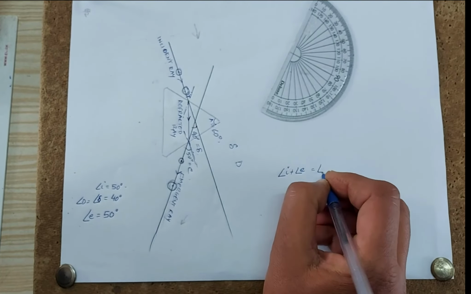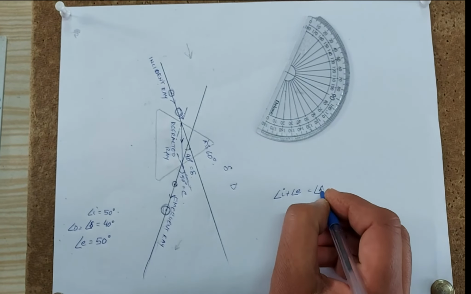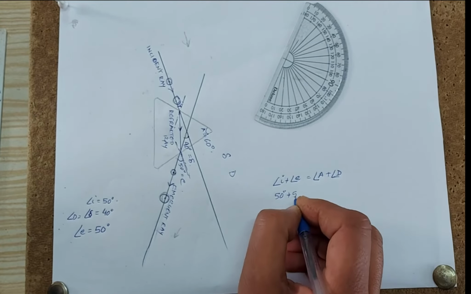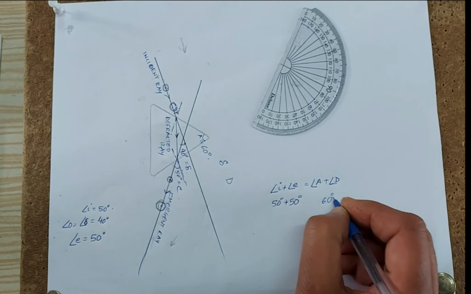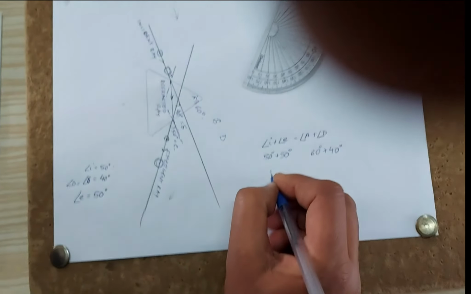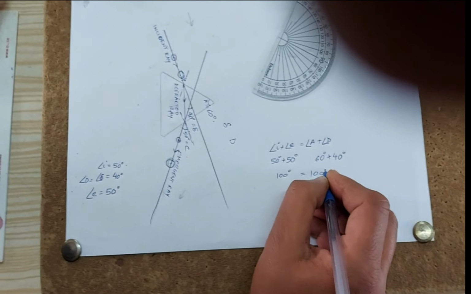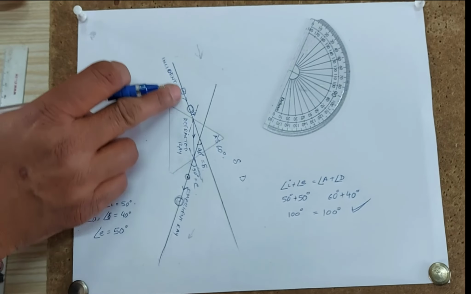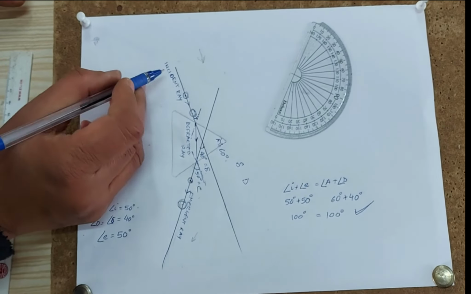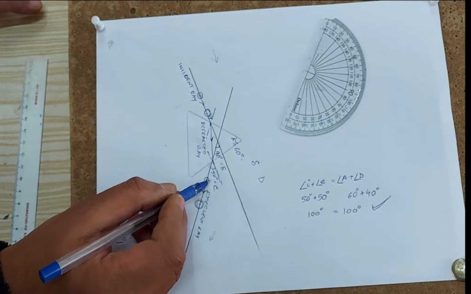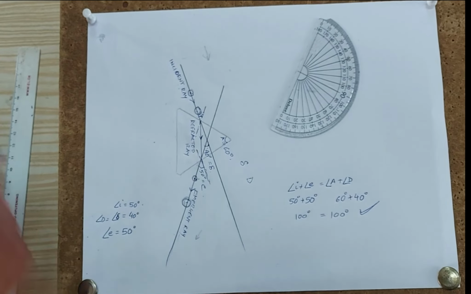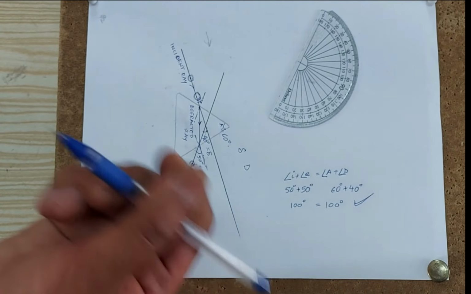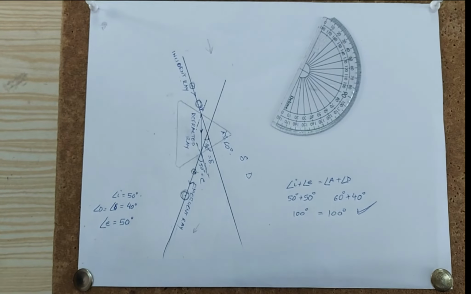The refraction is properly traced if angle I plus angle E is equal to angle A plus angle D. So this I got 50 degrees, let me check, and this I got 60, this is 60 always, and this I got 40 degrees. So 100 degrees is equal to 100 degrees. So the experiment has been verified, and the path of the light refracting through the prism can be seen: incident ray, refracted ray, emergent ray, angle of incidence, angle of emergence, angle of deviation. That is all. You have to verify this. An error of 1 or 2 degrees is acceptable. Thank you.